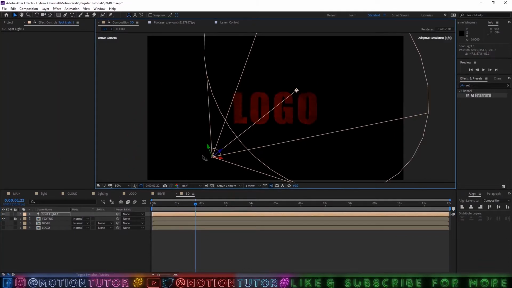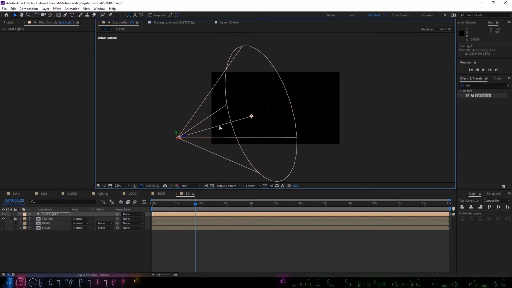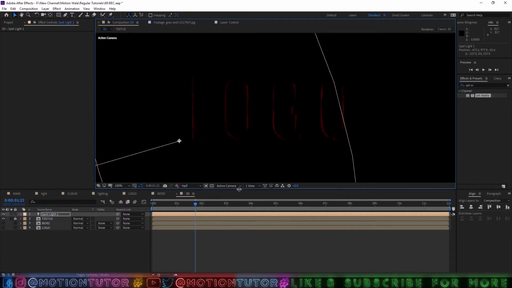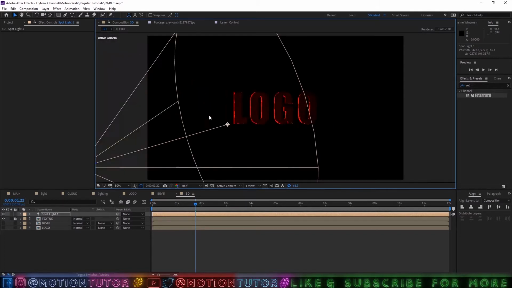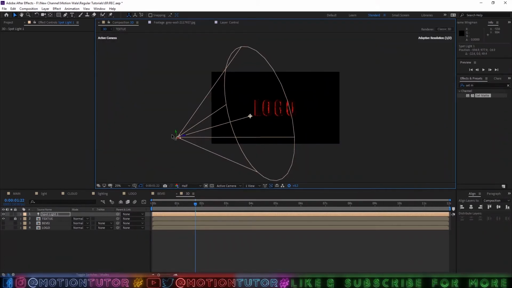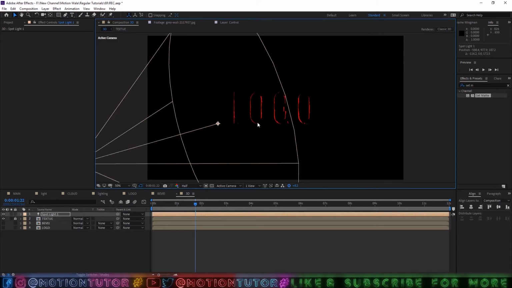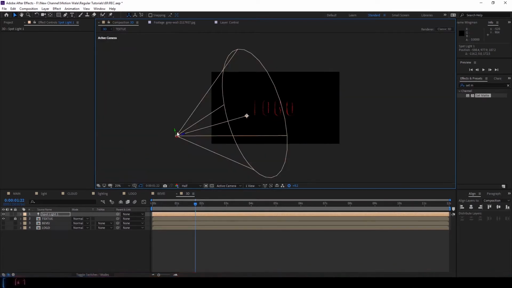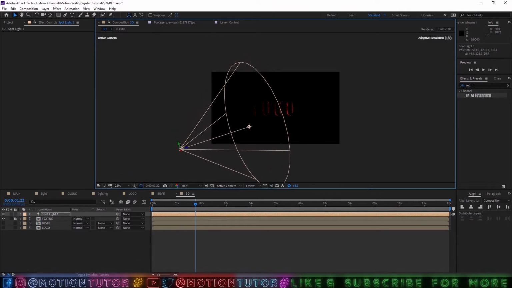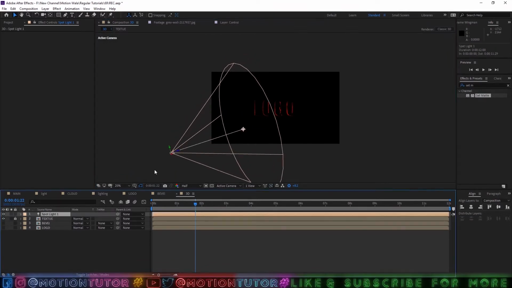First of all I will move it here, so the light just comes on these edges. You can see it only wants to brighten the edges, so you can move it forward a little bit more, and this red light is now lighting the edges of our scene,